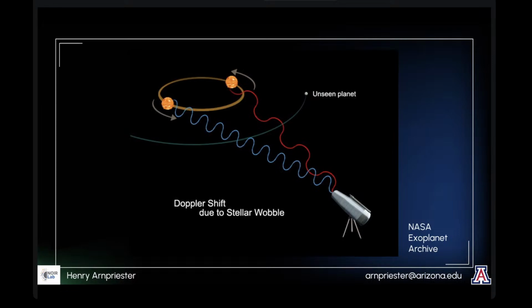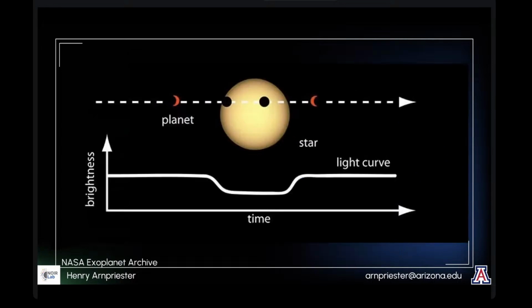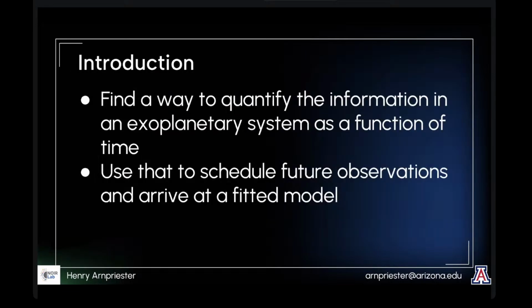There's the radial velocity method, where you detect the Doppler shift of the star from the angle that is enacted on it by its planet. And then there's the transit method, where you see the actual influx from the host star from the planet passing in front. So, we want to find a way to quantify the information of the planetary system as a